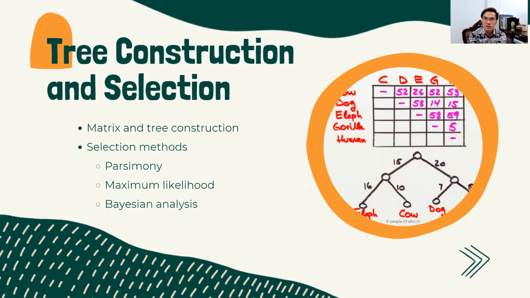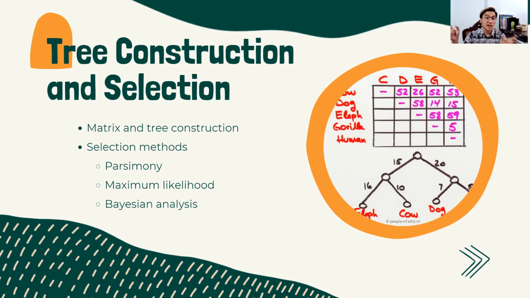Even create a branching pattern? Well, actually, there's a way, and that's what we call tree construction methods. Unfortunately, we can actually create a lot of equally valid branching patterns for the same taxa and the same characters and character states. So among those equally valid trees that we can construct, which one could best represent the evolutionary past or the evolutionary relationships between our OTUs?